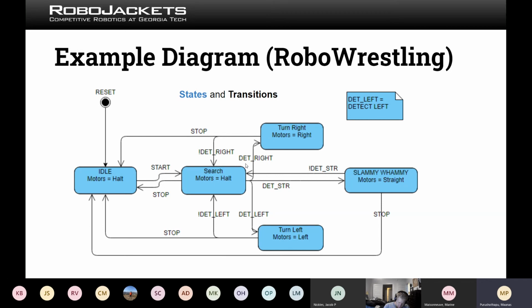When you press the start button, that makes a transition to your search state. At the search state, your motors are currently stopped because you don't know where to go. I have a small legend here, so det left means detect left. If you detect something on the right, you go to the turn right state, and in the turn right state, the output of the motors is set to right. You stay in this state until you stop detecting something on the right, and then you go back to the search state,